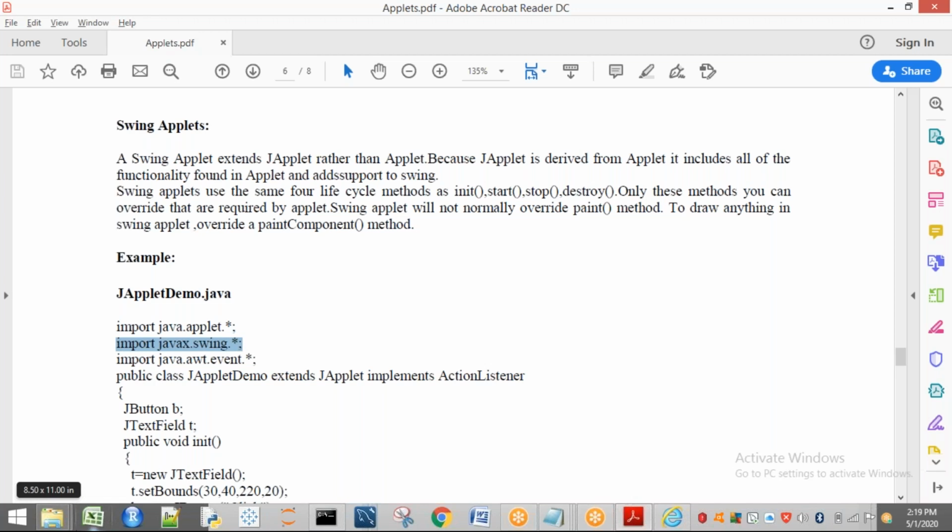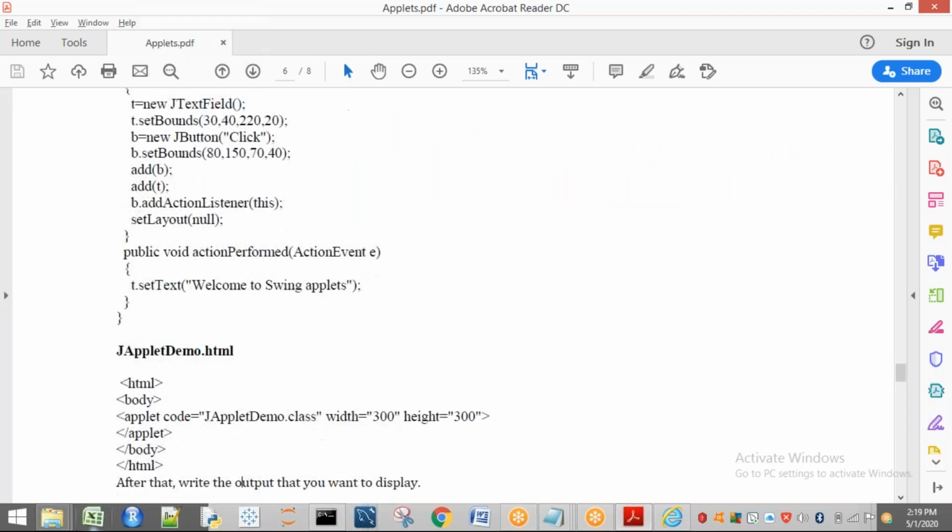Before discussing your Swing components, I will explain what is meant by this javax, why we are coming to Swing, and what is the difference between AWT and Swing. I will explain that there. Here, I am focusing only on the applet task, that is, the difference between Applet and JApplet. I am just summarizing here. Okay, right. This is the concept.